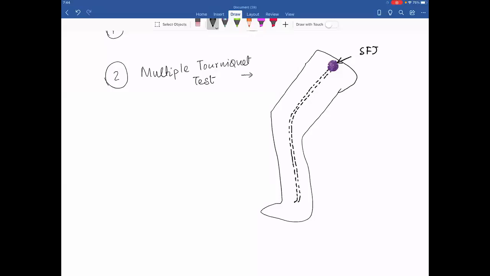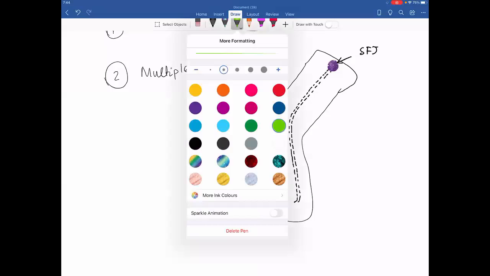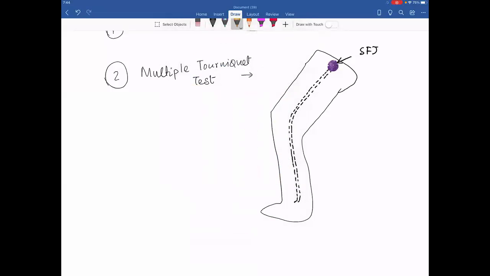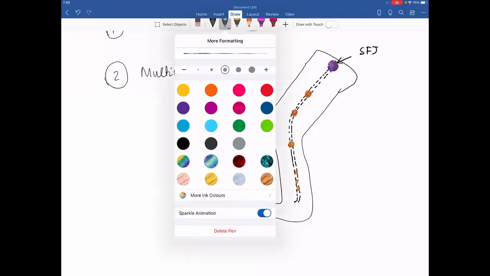Now let us tie the tourniquet. Let us take this color, and then let us have this sparkle gun with me. So let us mark those tourniquets. What is this that I am trying to show you? It is the mid-thigh perforator. This is the above knee perforator, and this is the below knee perforator. These are those ankle perforators. Remember, 5, 10, 15 perforators in that. Now, how to tie the tourniquet, or where will I tie the tourniquet? Let us take this color. I like the sparkle thing.